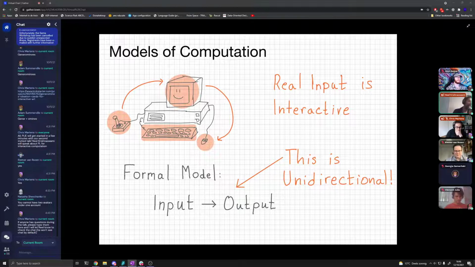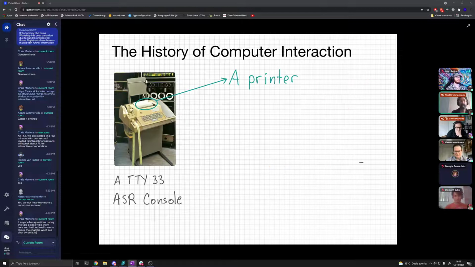In fact, I even said a moment ago, our formal models of computation are inadequate, but it's not so bad. For a long time, it wasn't so bad. And what I'm going to do is go back in time to the early 1970s, and I'm going to show you, I think this is called a TTY33 ASR console. And this is a teletype.